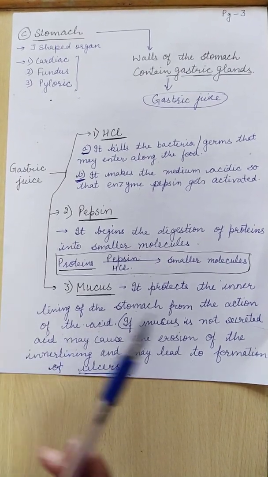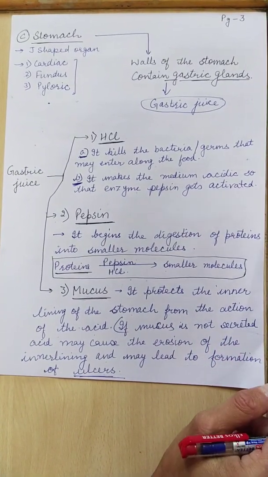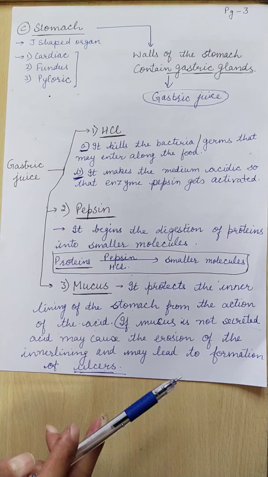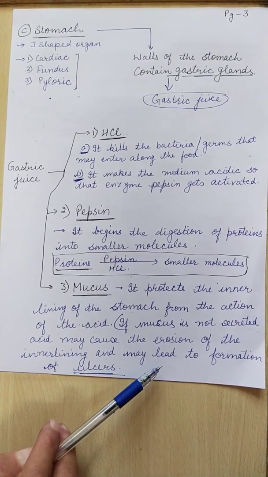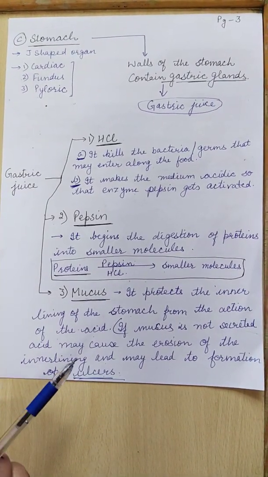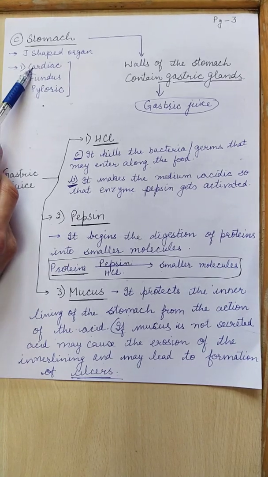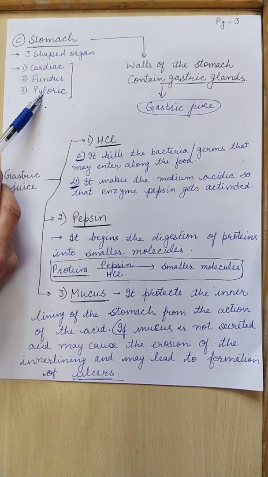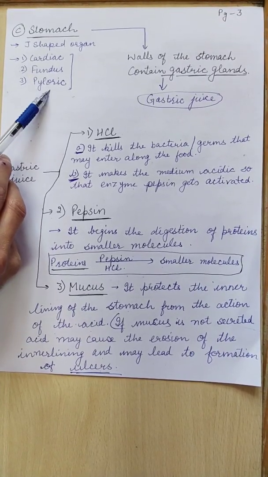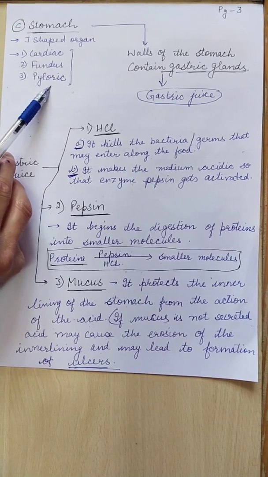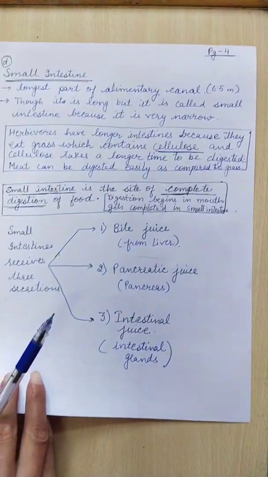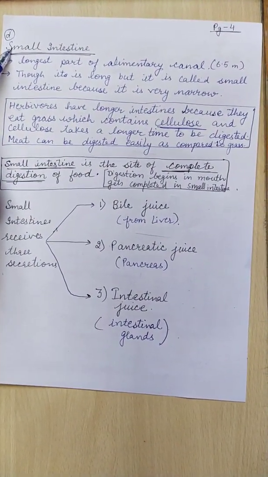Now the food enters into the small intestine. The entry of food from the stomach to the small intestine is controlled by muscles. We call them sphincter muscles. Stomach के cardiac part पे cardiac sphincter is present, and at the pyloric part pyloric sphincter is present. These sphincter muscles in every organ help in the further movement of the food. Now when the food enters into the small intestine,